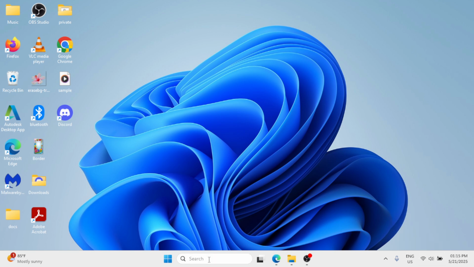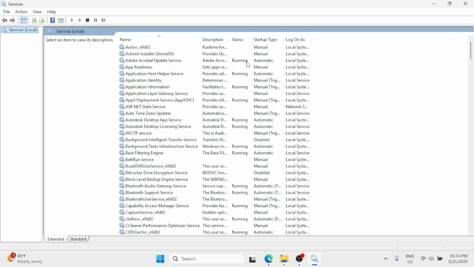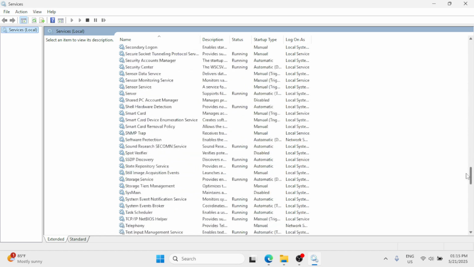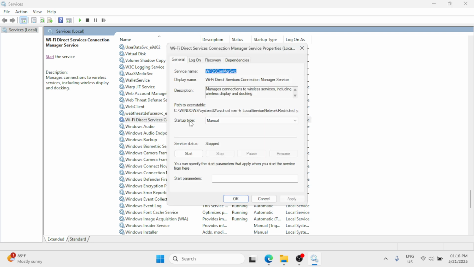Next method, go ahead in the Windows search bar and type services. Click on Services under the best match. Then we just need to simply scroll down to the W section, and here we need to look for the service Wi-Fi Direct Service Connection Manager. Double click, set Startup type to Automatic, and then click on Apply and click on Start